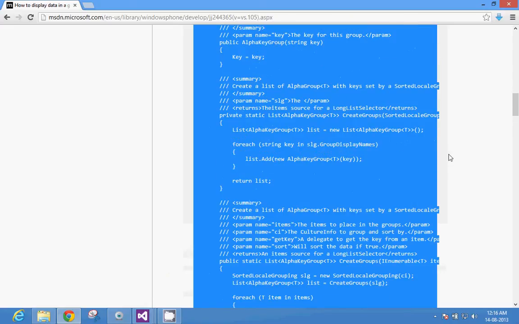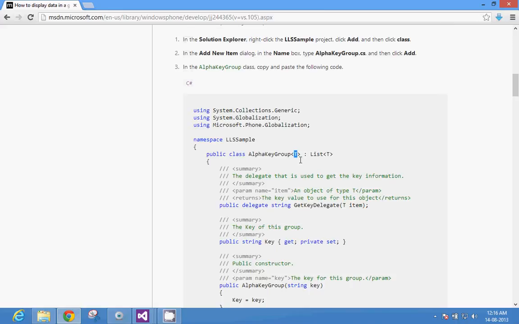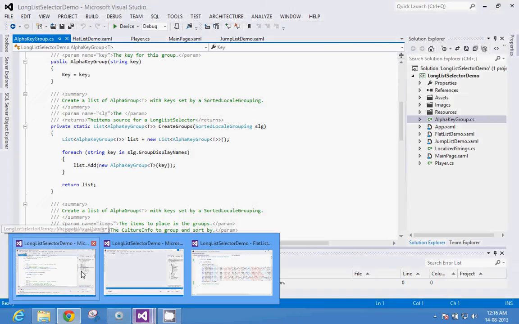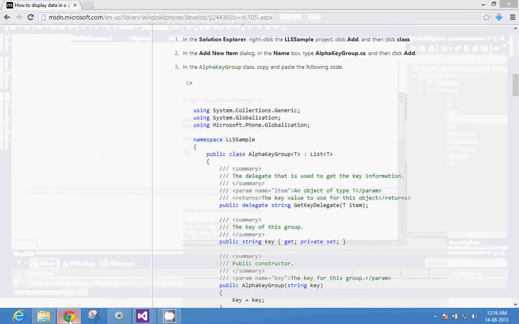But right now I don't want to drag this video to infinite length, so I will not explain it. The logic is totally generic, placeholder based. Wherever you want to create a jump list based on alphabets, you just use this class as it is, alpha key group.cs. You take the content from MSDN or wherever and just use it.